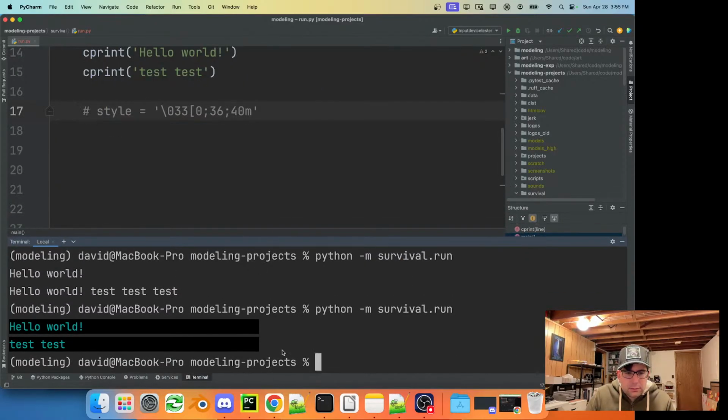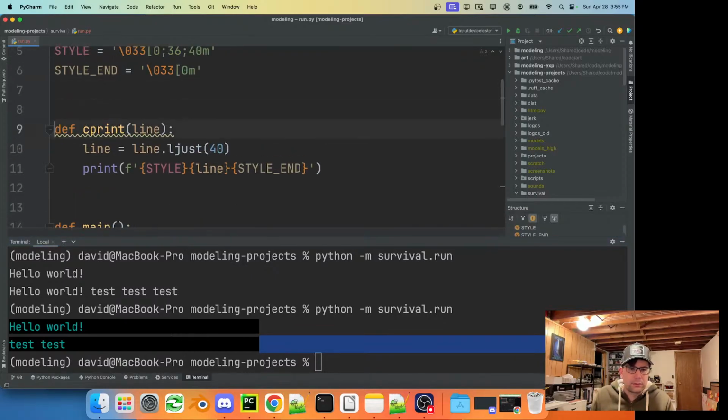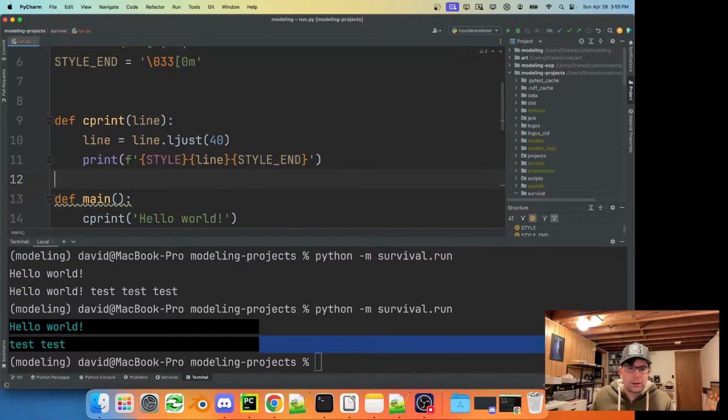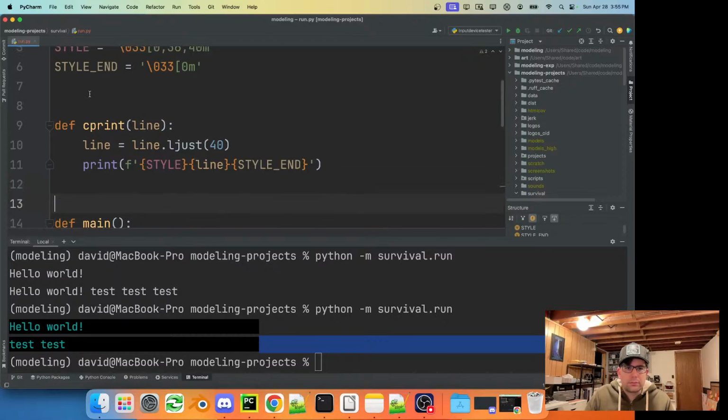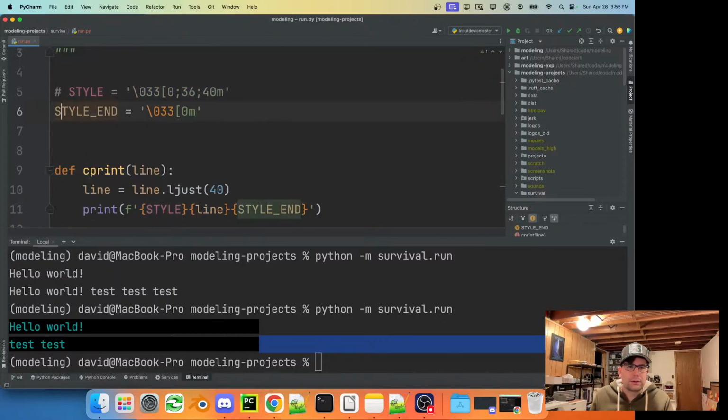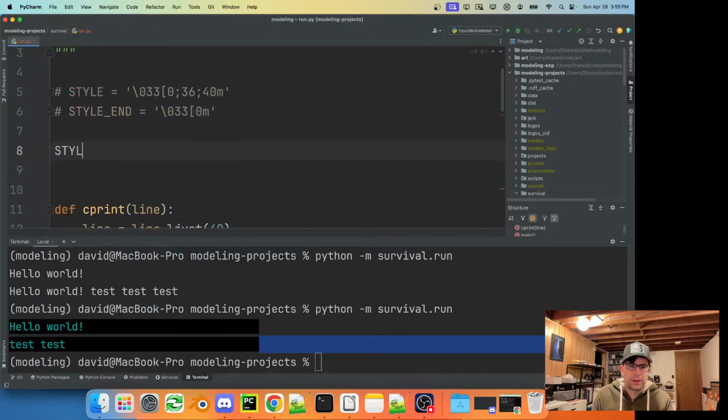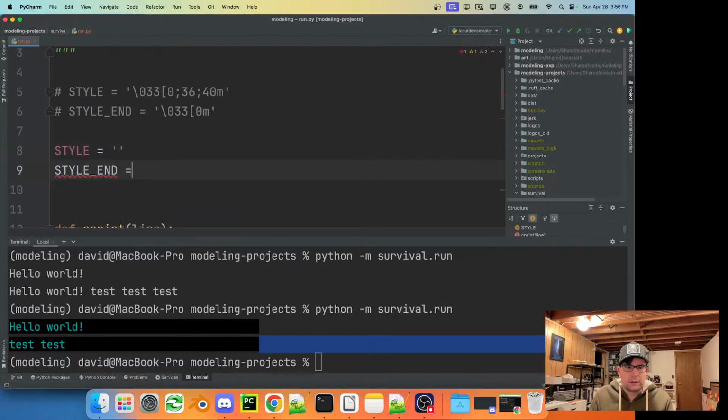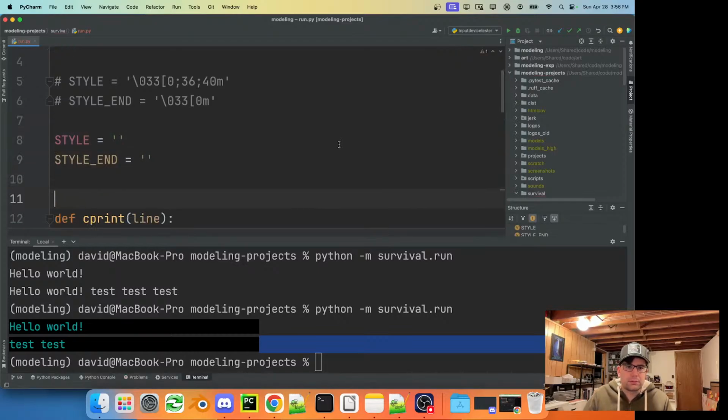Actually, yeah, and then we can also just disable these two if we don't want to be distracted by the formatting, which I kind of don't want to do. I was hoping I could get nicer colored text, but the PyCharm console isn't playing too nice, and we'll figure that out later.